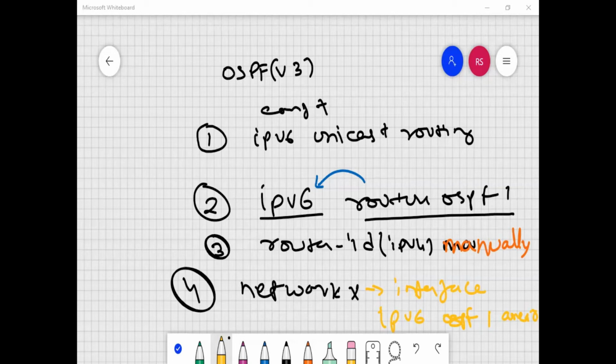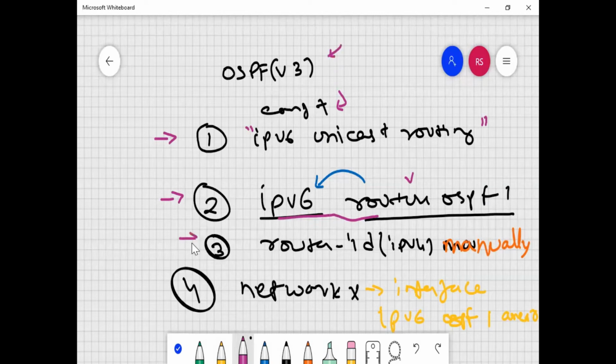I just explained general IPv6 descriptions. Last, I am providing about the OSPF now. So I talked about a few of the points. If you see over the screen, point number 1 is, under config terminal, we need to enable IPv6 with this global command. Point number 2, OSPF version 3 to enable. If you write router OSPF 1, it is for IPv4, but just append the keyword IPv6, and it will get configured for IPv6, that is known as OSPF version 3.